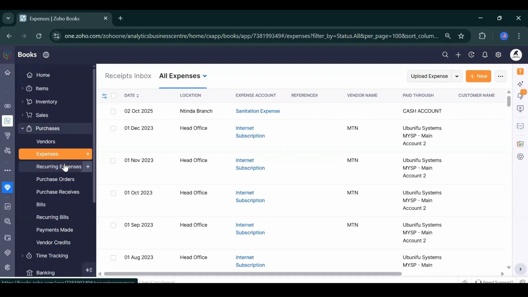So we have purchase orders. Because we had attached vendors, these are our suppliers, you can go ahead and issue a purchase order. A purchase order is a particular document that you issue out to your supplier, saying, hello, Mr. Hardware World, I need these particular items for my business. So that is the formal document that you issue out to your supplier, just like the way we saw with the sales